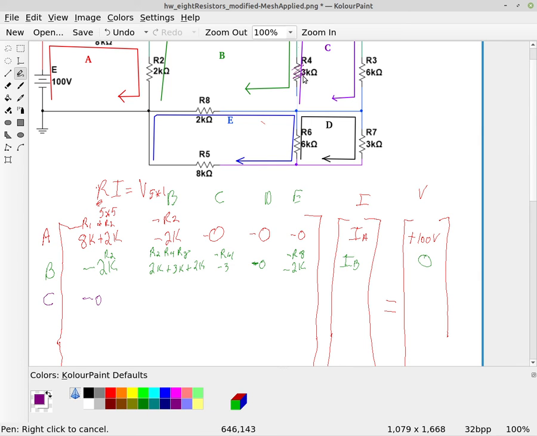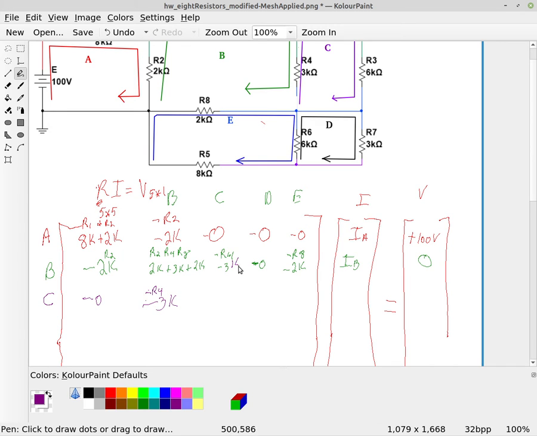C is touching B right here at R4, so that's this one here. We have to match that, so that is going to be a -R4, which is a value of -3K, and